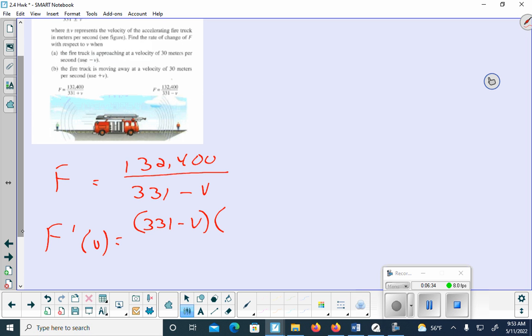The other way would be if I take this 132,400, and I make this quantity of 331 minus v, and I raise it to the negative 1. So much easier. Can I do it that way? I took this, since it's in the denominator, I brought it to the numerator and raised it to the negative 1. Now when I'm going to take the derivative,